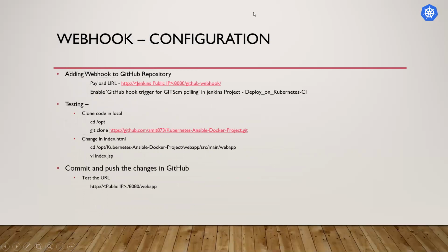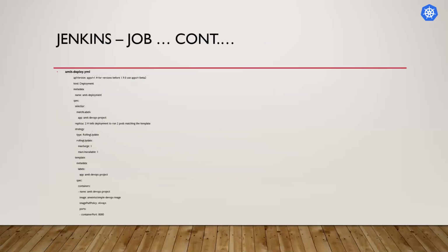And this is the webhook configuration. This is required to configure the webhook for automatic deployment. When the user changes the code, the Kubernetes deployment will be changed as per the user's changes directly. We don't need any manual intervention over here, right? So we will do the same thing in the demo. Let's go and start the demo.